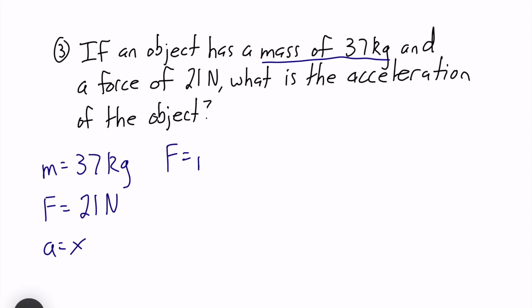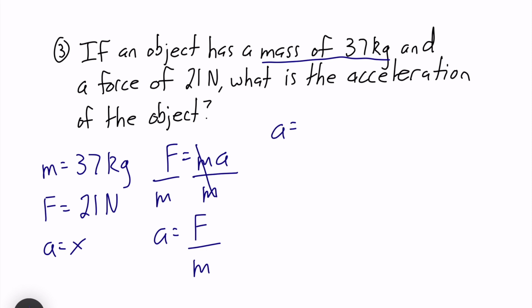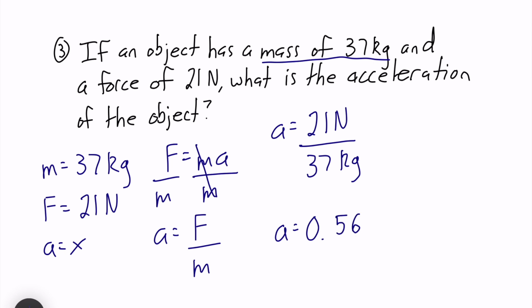So we have F equals ma, and this time we are solving for a, so let's divide by m on the right side and the left side, and we should get acceleration equals force divided by mass. Now let's plug in our values. So we have a equals our force, which is 21 newtons, over our mass, which is 37 kilograms. And if we type that into our calculator, we should come up with an answer of 0.568